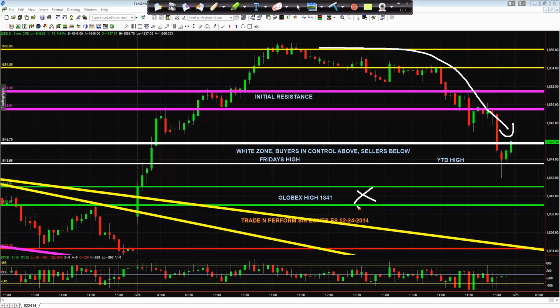The last thing that I would want to leave you with is remember, look at the size of this range. I pointed it out, if you want to see the video right below here in the market preview. Keep in mind the ranges. We've gone to a 20 to 30 point range intraday. Okay, today